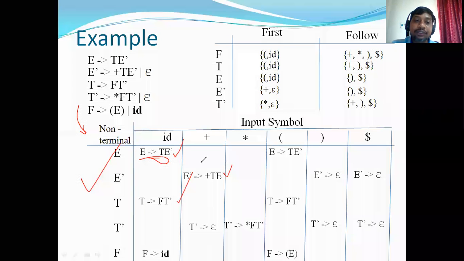If plus is the next input symbol, you apply this rule. If star is the next input symbol, you apply this rule, and so on. That is why it is called LL1 predictive parsing.